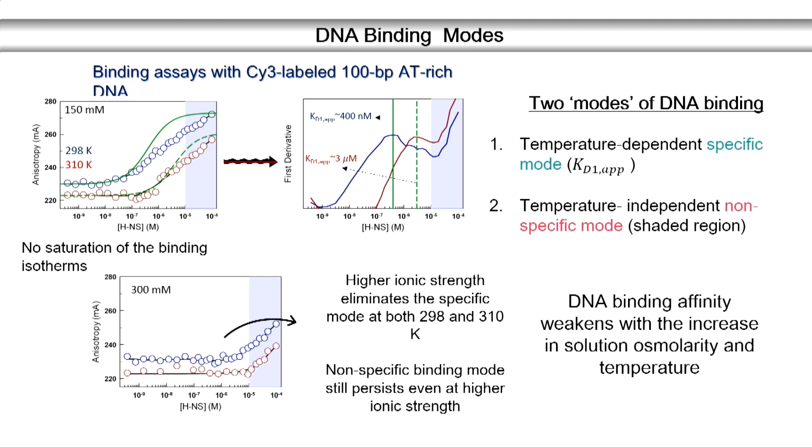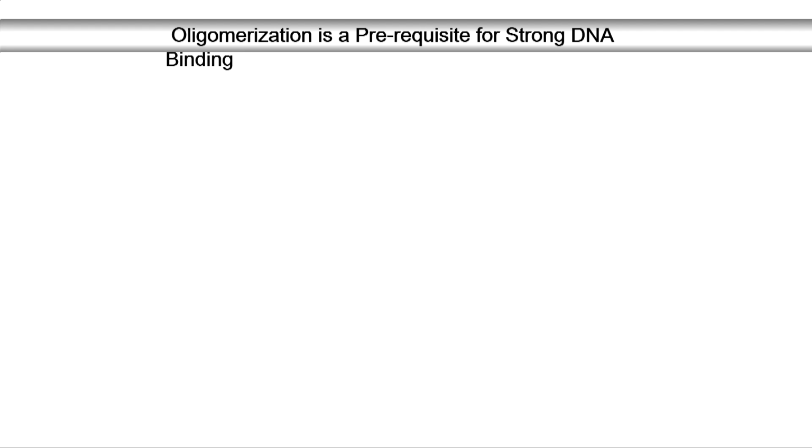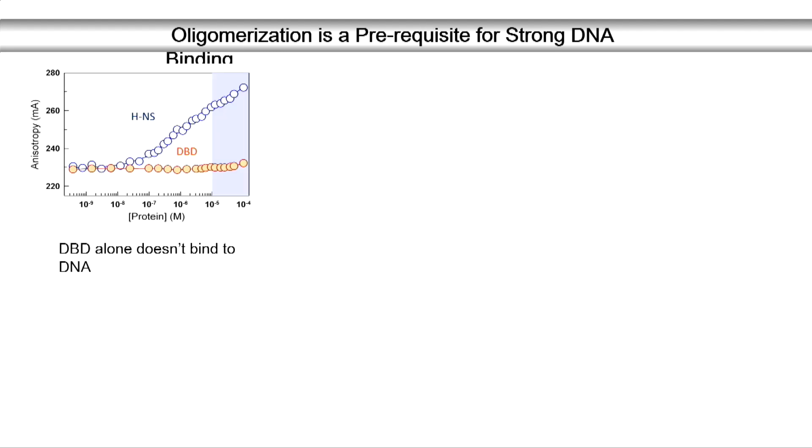So effectively what you see here is that the higher ionic strength eliminates the specific mode, which is this shoulder that you see here, which is not present in this particular range of concentrations, and it's only the non-specific binding that seems to be present, right? So we are still trying to understand at a molecular level what is going on. What we can clearly say is that the DNA binding affinity weakens with temperature and also with increasing osmolarity. This is something that is known, but what is more interesting is that when you have the DBD alone,